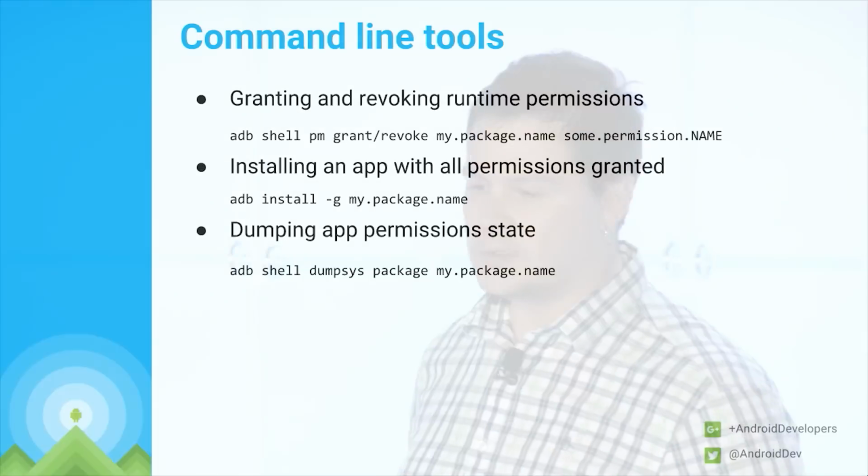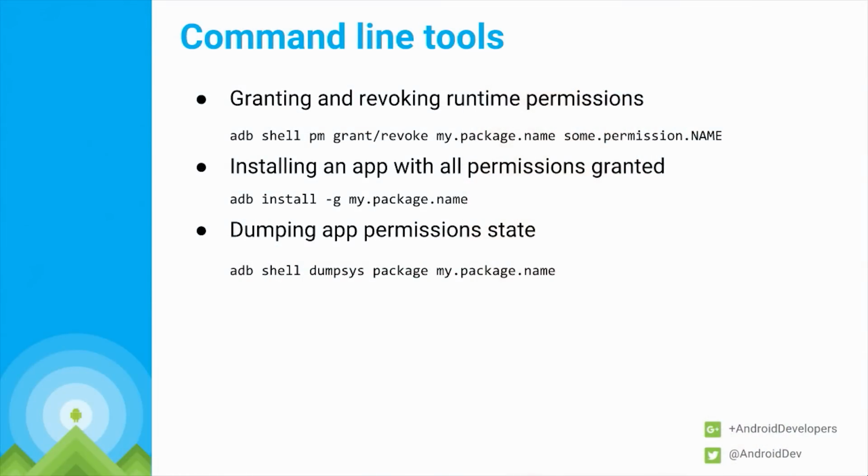There are some command line tools that are very useful. Some of them are adb shell pm grant and revoke. You can use this to grant and revoke permissions to your app. Like during development, it is very useful. Instead of having to manually approve the permission every time, you can literally grant and revoke permissions from the command line. Another thing that's very useful for developers is if you want to install the application with all permissions granted, you use the familiar adb install with the -g flag, which means grant all permissions, specify the package, the APK,